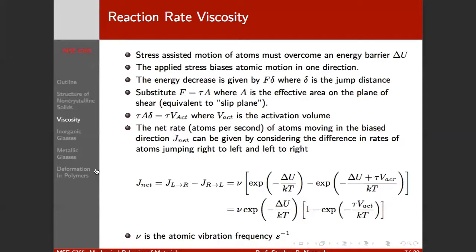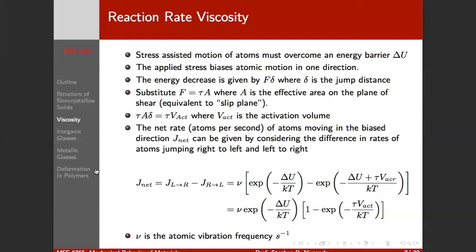So our shear stress times our area, the area of the plane times our jump distance. This is our activation volume, right? How many atoms, what volume of atoms need to contribute to the motion, right? Then just from kinetics, we can say